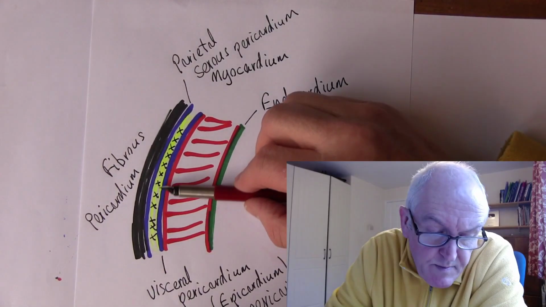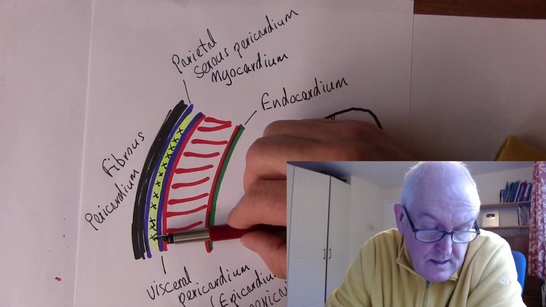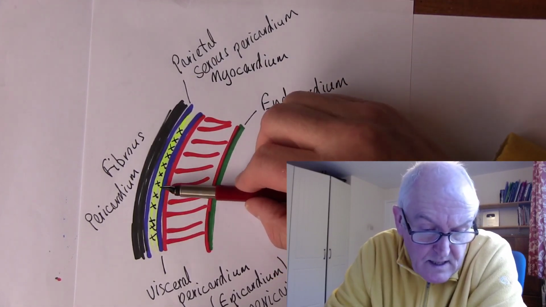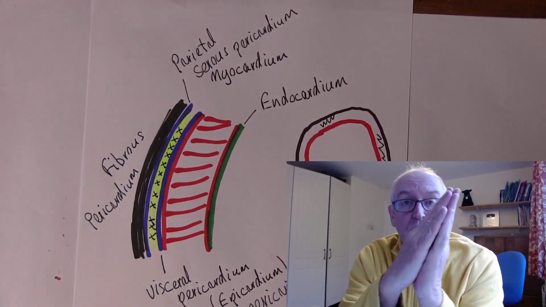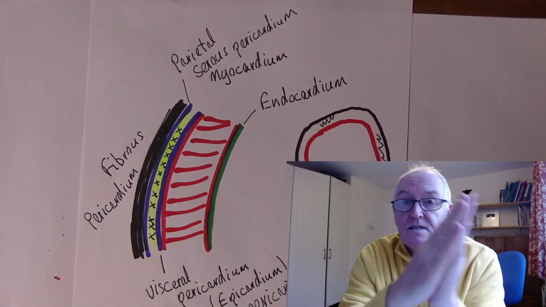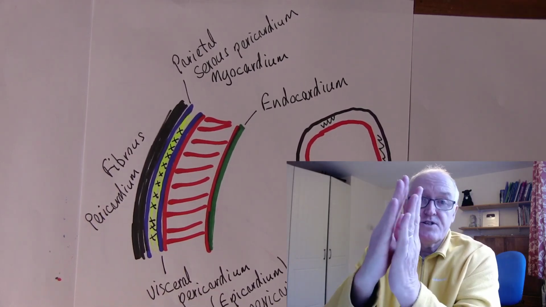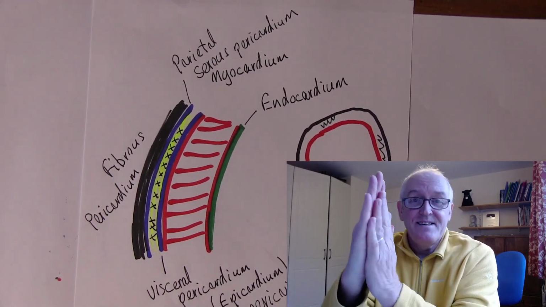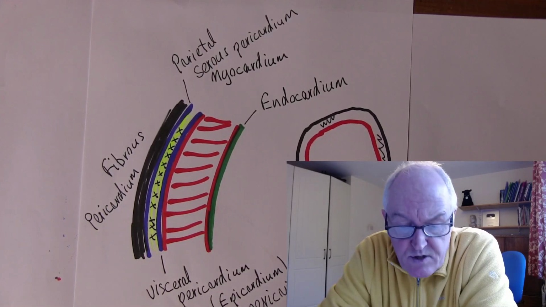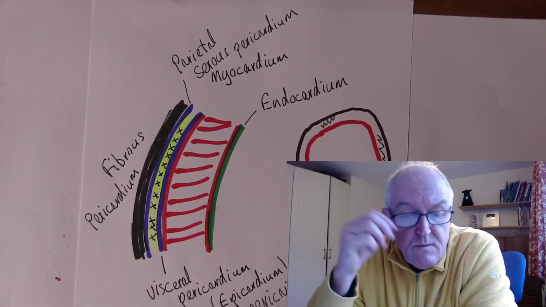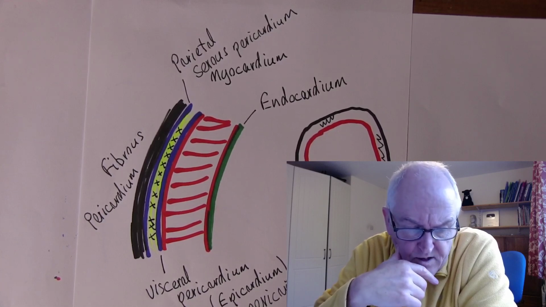And again, this would be an example where a potential space is converted into an actual space, exactly what we don't want. But physiologically, most of the time, these serous membranes, whether it's the pericardial membrane, when the heart's beating, it's going to move against itself like that, or whether it's the pleural membranes as they move against each other with a suction effect during inhalation and exhalation. Normally it works fine, but normally, of course, they are a potential space. If the potential space becomes an actual space, that is always a pathological situation